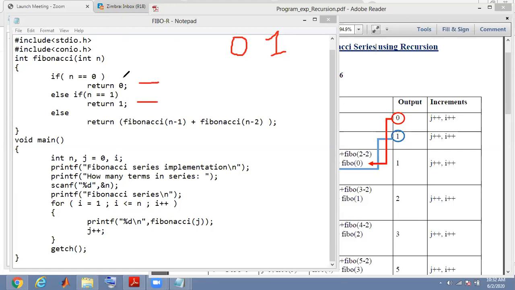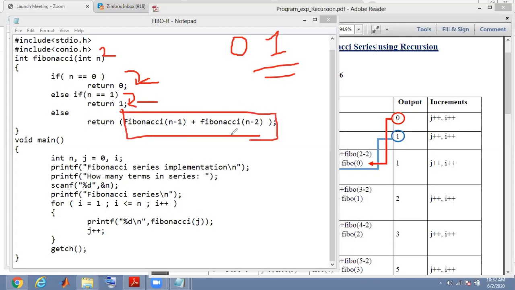Fibonacci of 0 will print 0 and Fibonacci of 1 will print 1 to our output screen. But when we come to Fibonacci of 2, that time we will go for recursion. Recursion means the function is calling itself.